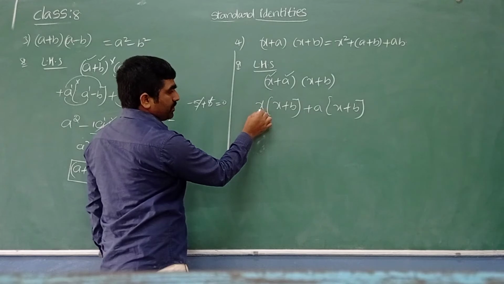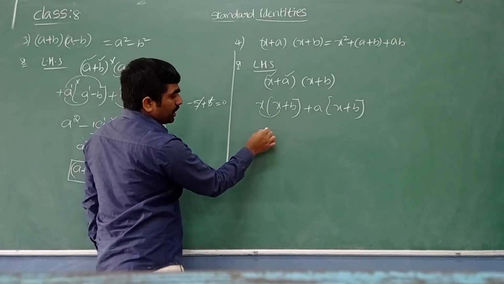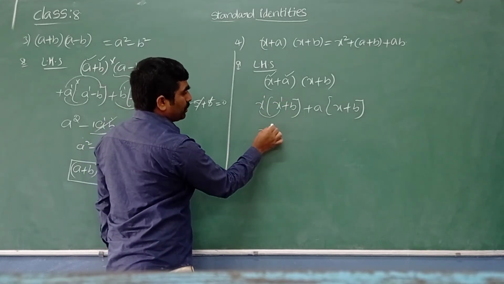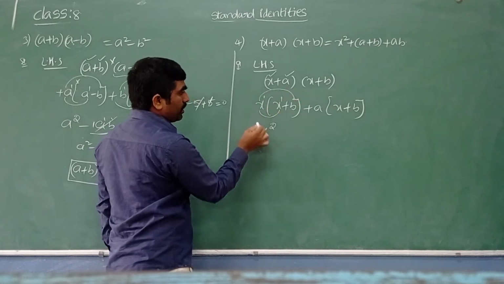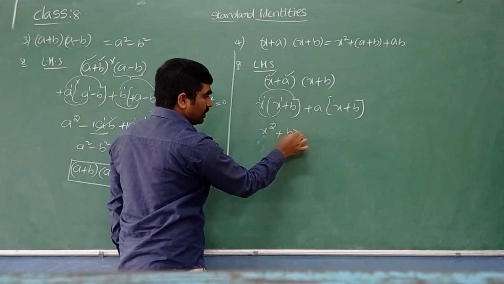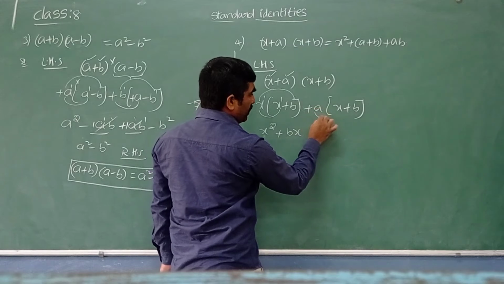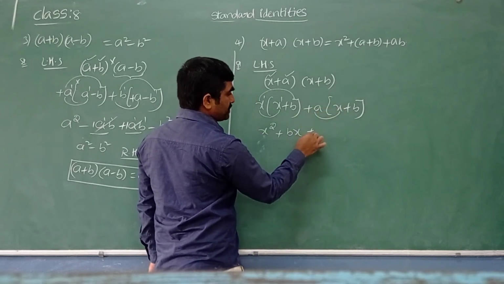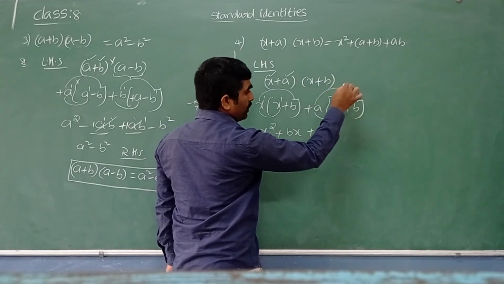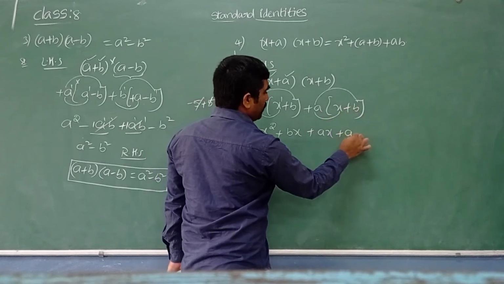Monomial into binomial. The monomial is multiplied with the first term, the product of two same variables, right? Only one variable, and the power is obtained from the sum of the powers, 1 plus 1, 2. Now multiply the monomial with the second term, plus into plus, x into b, we can write xb or bx, like alphabetical order, right? Now monomial with binomial, monomial into first term, plus into plus, a into x, ax. Now plus monomial into second term, plus into plus, a into b, ab.